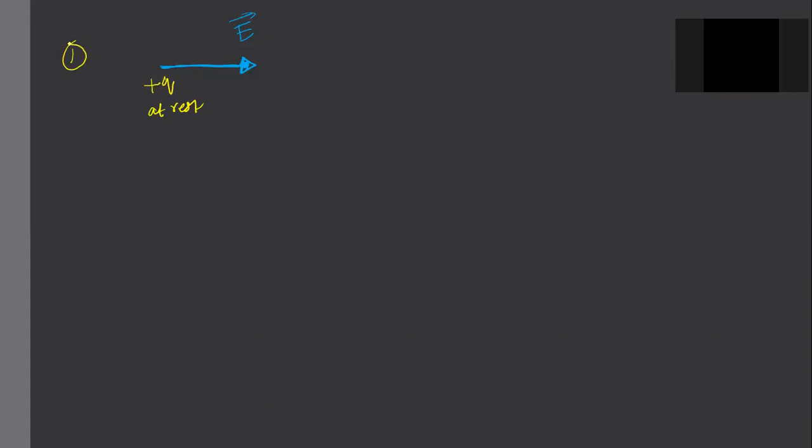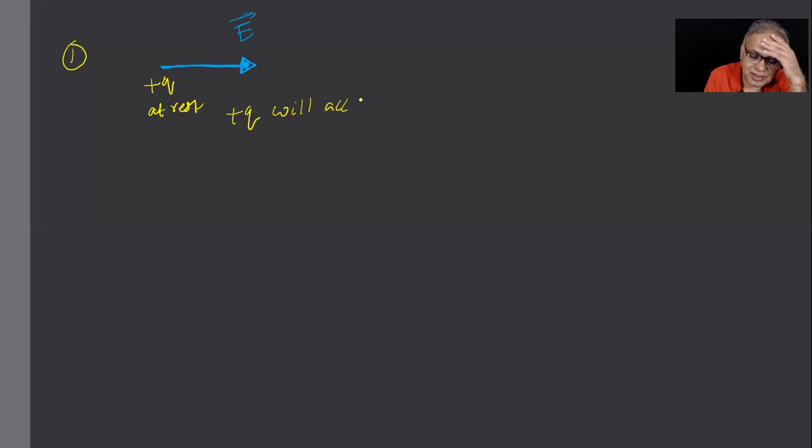It will repel. What do you mean by that, child? It will go away from the source charge. Where is the source? I don't know. But forget that. Field is there, no, sir? So that field could be, you do not have to think that there's a point charge this side. This field could be formed in many ways. What you'll say is this one plus Q will accelerate and starts moving in the direction of E.